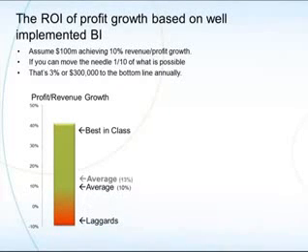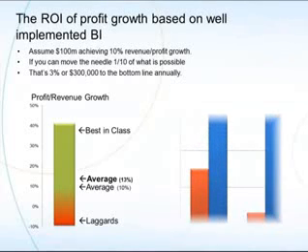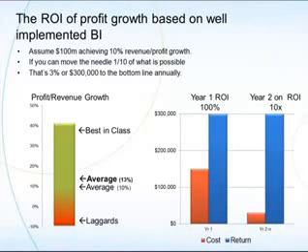Well, that would add $300,000 to your bottom line. And you can multiply these numbers, they scale right up. So if you're a $500 million company, just multiply that by 5. Notice that we didn't go all the way to the top. We just improved it by a minute amount. Well, what's happened is that your ROI on your BI investment is 100% in the first year,